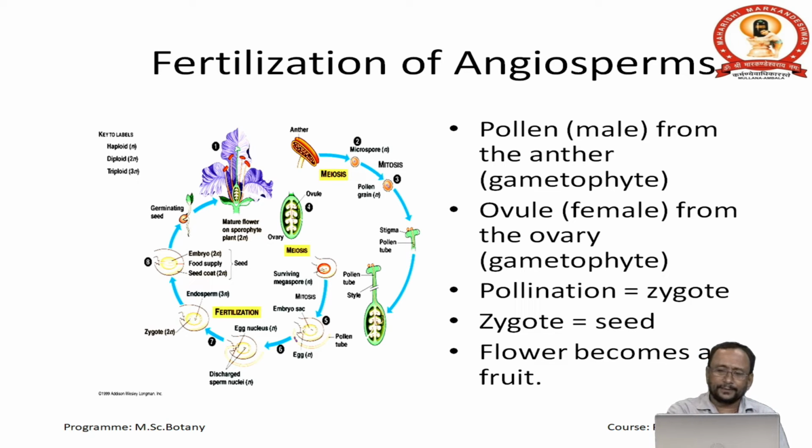Here you can see the life cycle of a typical angiospermic plant. Pollen represents the male, coming from the anther, the male gametophyte. Ovule from the female, from the ovary, represents the female gametophyte. Now, pollination plays a very significant role in angiosperm. Self-pollination and cross-pollination are two means to transfer the pollen from anther to stigma of the female, and after that